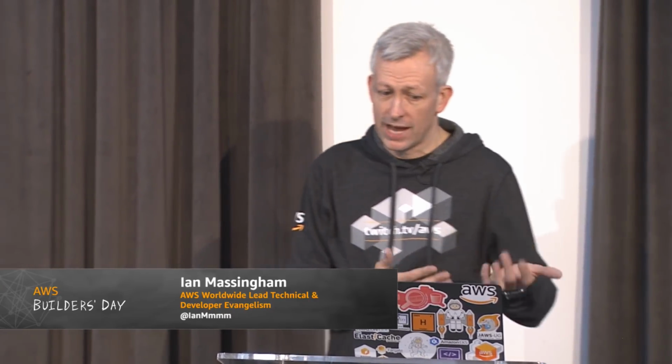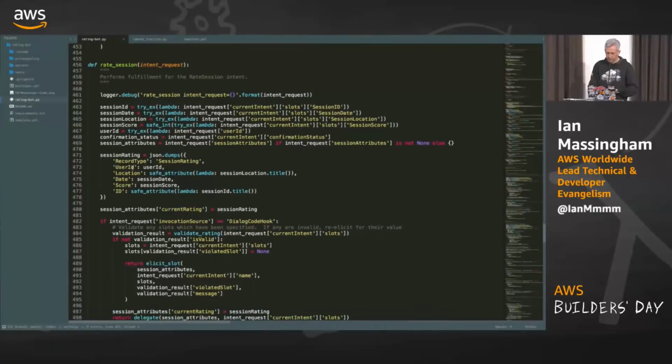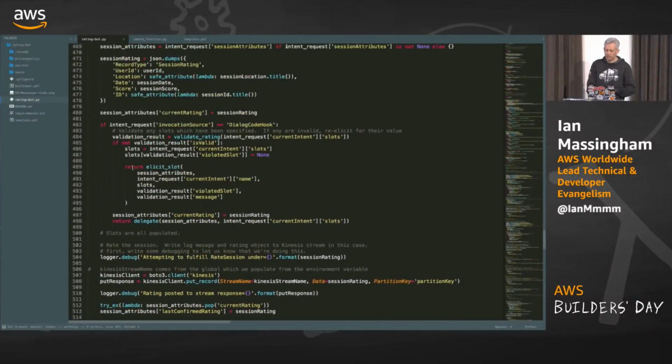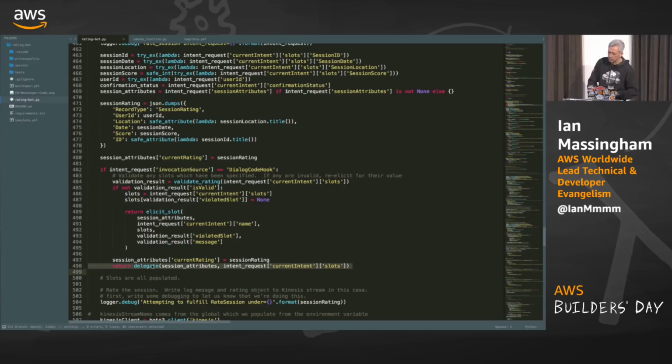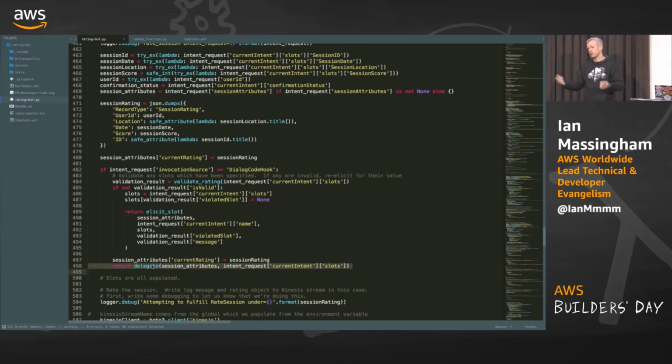Okay, but you can offer up different options to customers. If a customer gives a response which is not definitive, so a response which doesn't particularly resolve down, you could have a general purpose capture message which says, I'm not sure what you want, okay, and then allow the timer to run again until the customer says something else, and you have that in the front end as well, okay. So we have these intents, and then we have the more comprehensively implemented rate session intent, okay. You might notice this delegate here, okay? So when we return this delegate document type, what we're saying there is, Lex front end, you decide what to do next, okay?